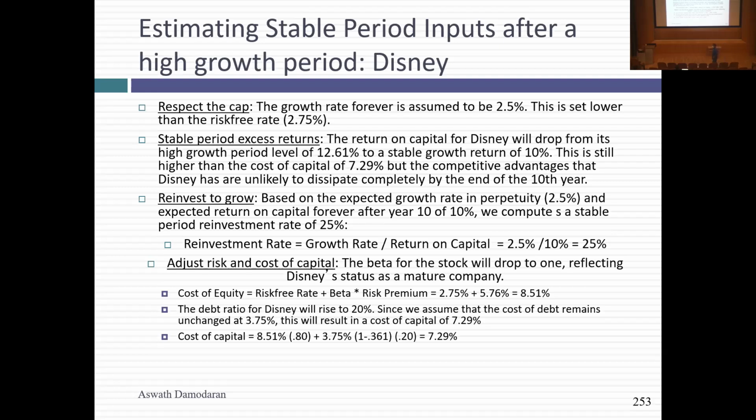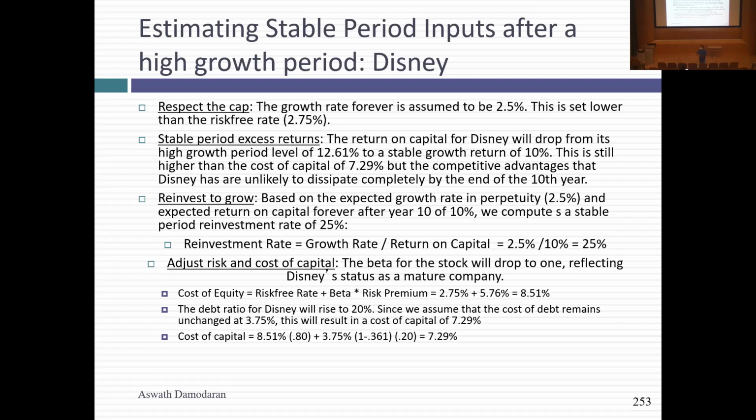Second, I've got to ask what kind of returns over and above the cost of capital will Disney make in perpetuity? McKinsey actually has a very clean answer. Have any of you read the McKinsey valuation book? They tell you that mature companies can't earn more than their cost of capital. So basically the return on capital, when you do terminal value, drops to your cost of capital, which to me is a little too rigid because there are some companies that earn well above their cost of capital even after they become mature companies. Think of Coca-Cola, right? It's not going to earn a return on capital equal to the cost of capital tomorrow, even with its growth rate dropping to 2%. So I'm going to give you some discretion.